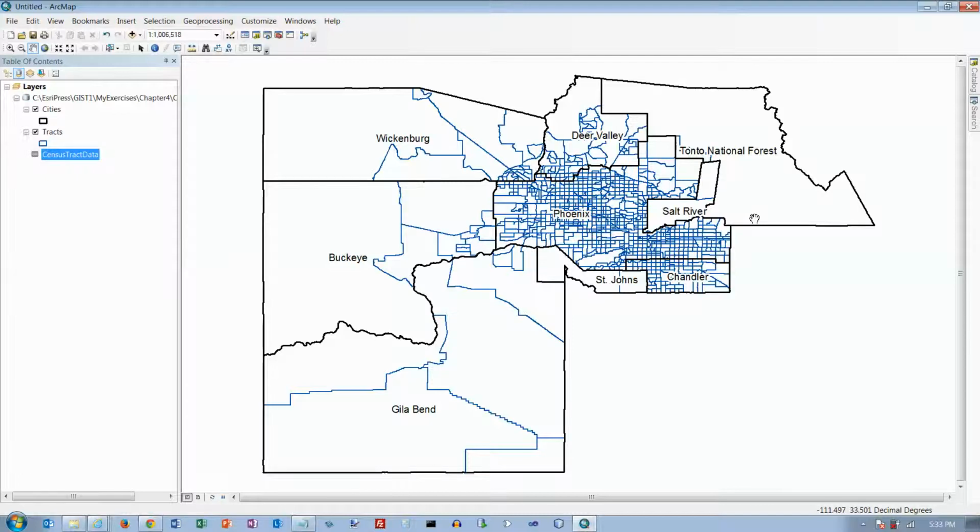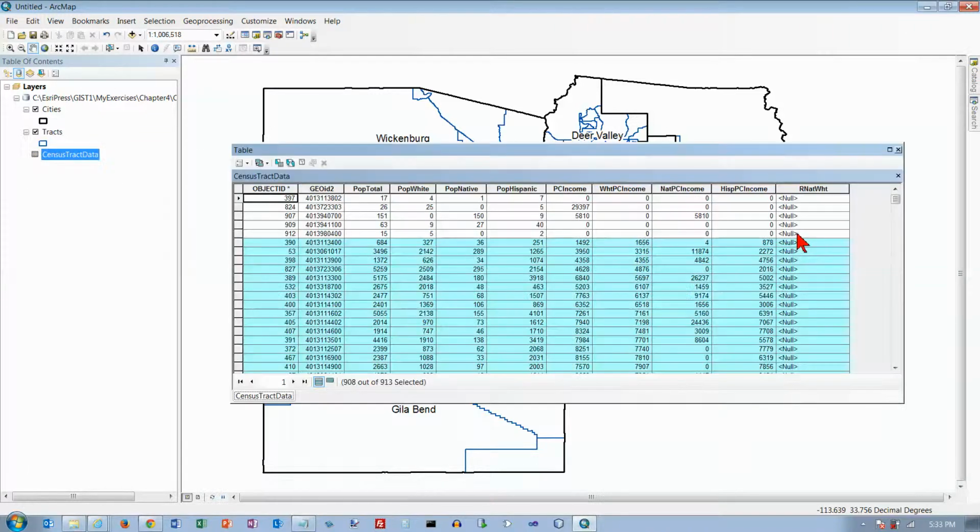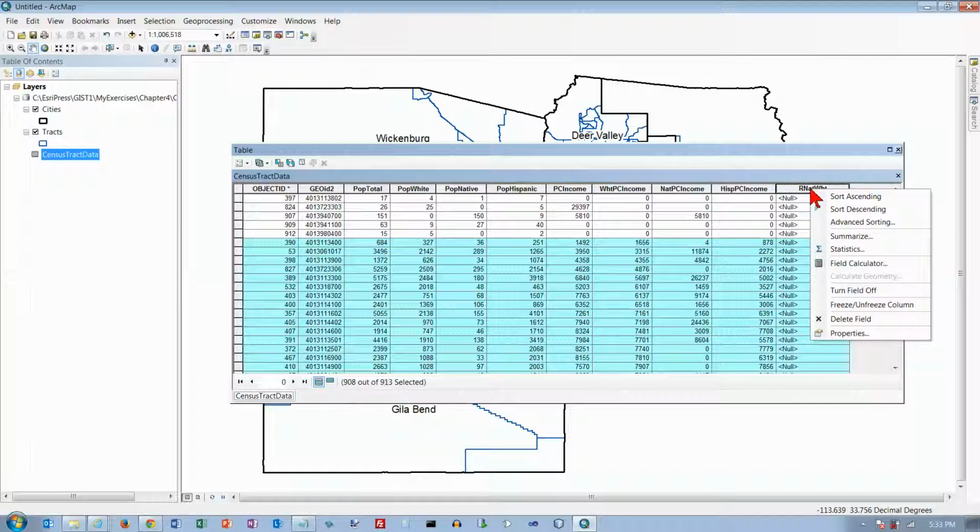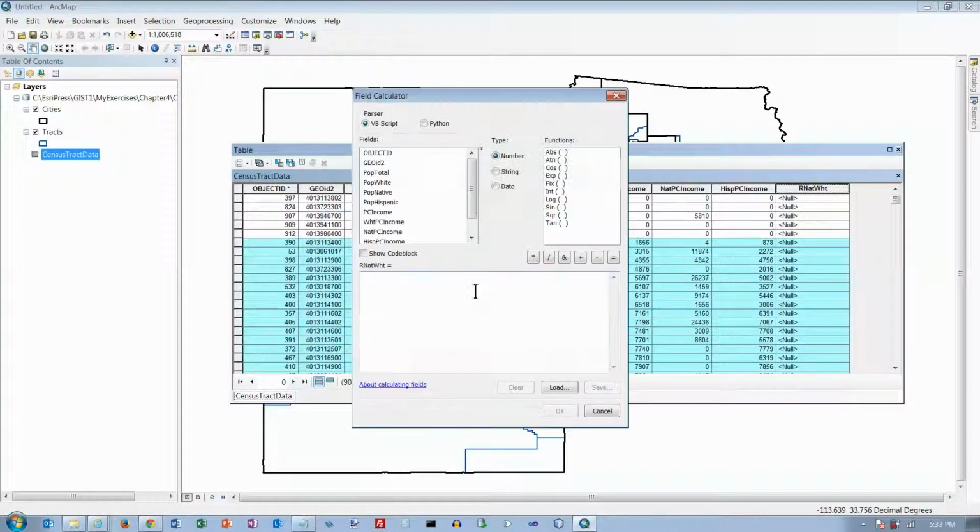And I went one step too far. So let's right click on this. Let's open it up again. And we've got to go here, and now what we've got to do is calculate the value in this field. Click on OK,